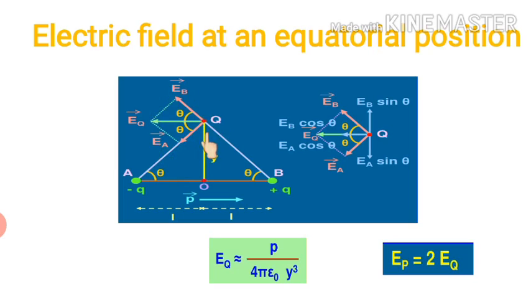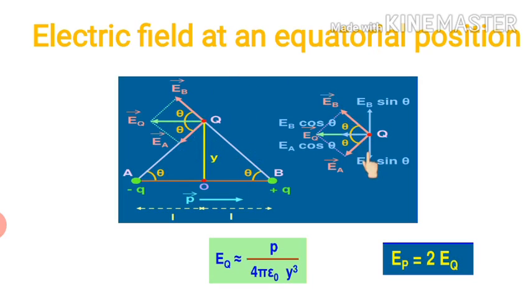But before that we should discuss one more thing, that we know AQ and BQ, they are equal. So basically AQB is an isosceles triangle, and if this is theta, this will also be theta. And if we draw a line parallel to AB, so if this is theta, this will also be theta, alternate interior angles, and if this is theta, this will also be theta, corresponding angles.